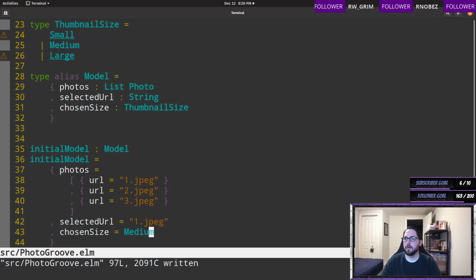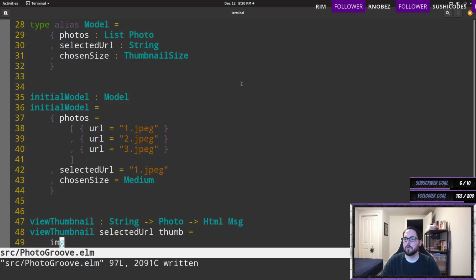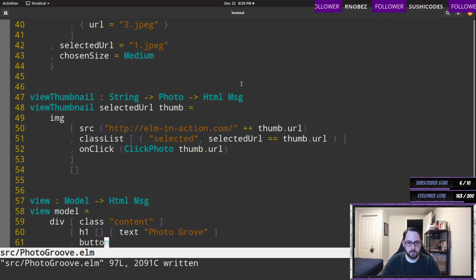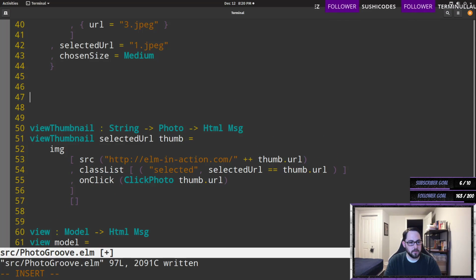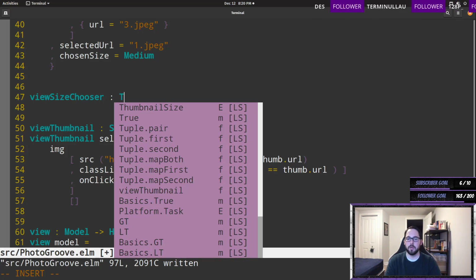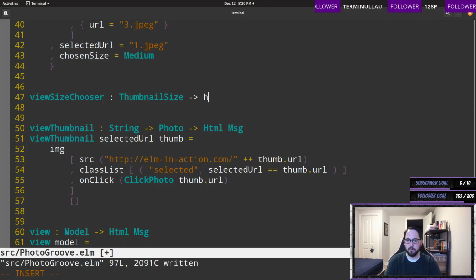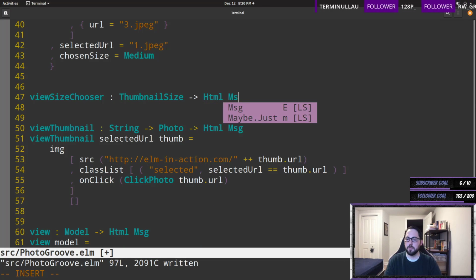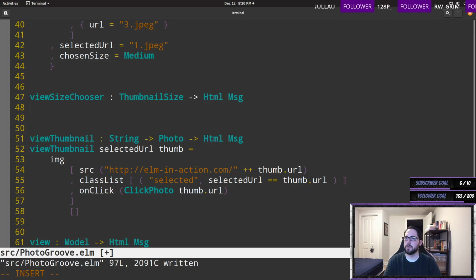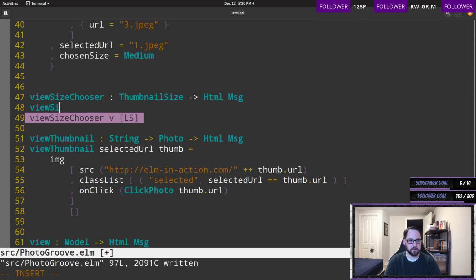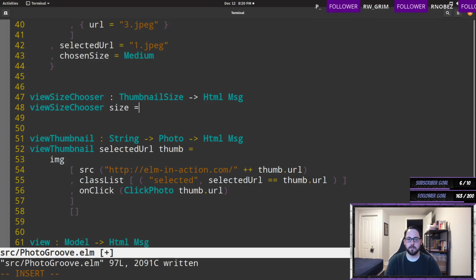And then we're gonna write a function called view size chooser. Kind of a weird name, but it's gonna take a thumbnail size and create an HTML message. So we're gonna have to deal with that message here in a second. So view size chooser size equals